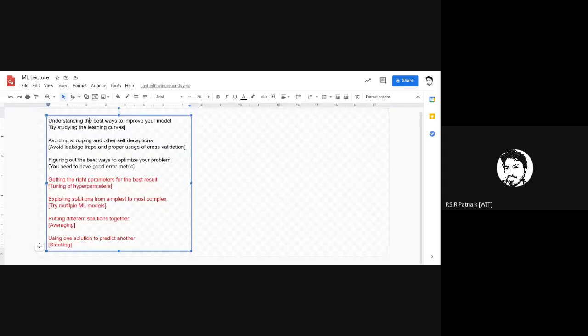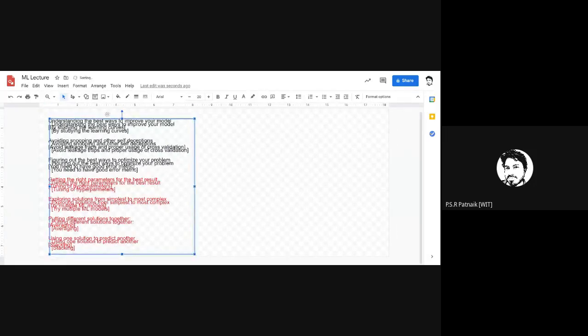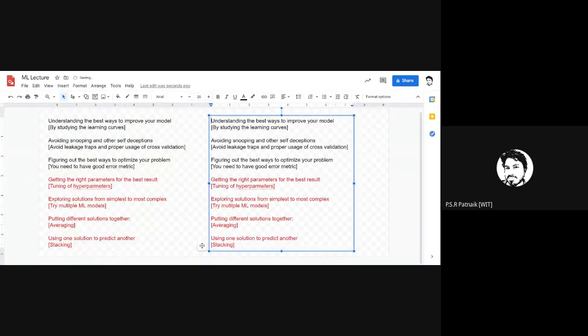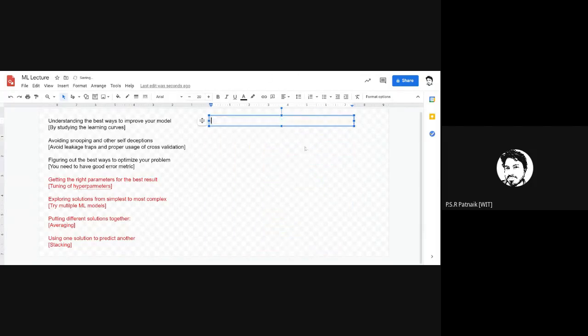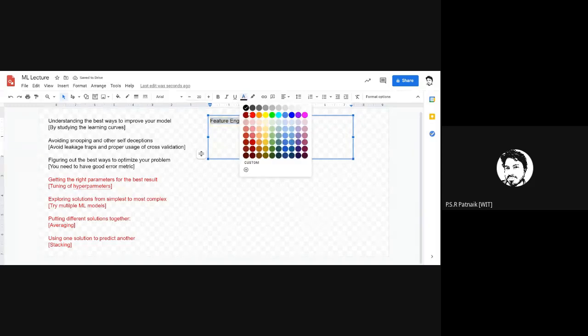So from the remaining things, let me also explain what those two remaining stepwise processes are. One is what I call feature engineering. So what does feature engineering stand for?